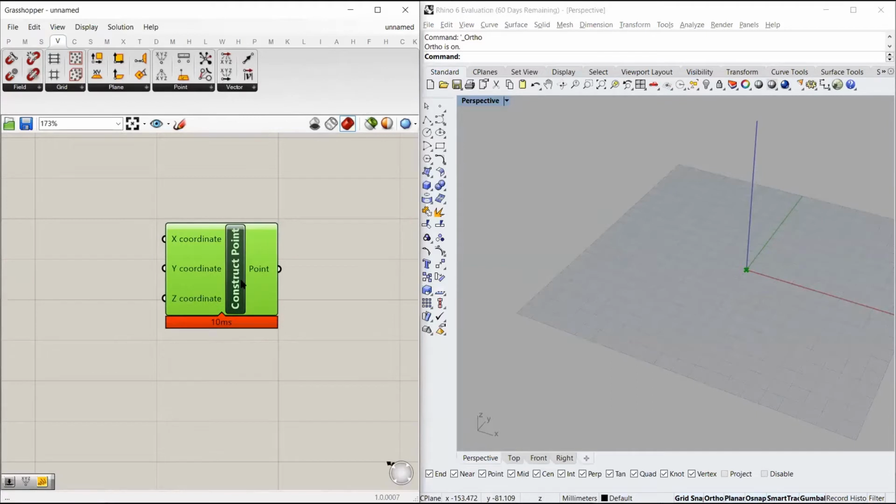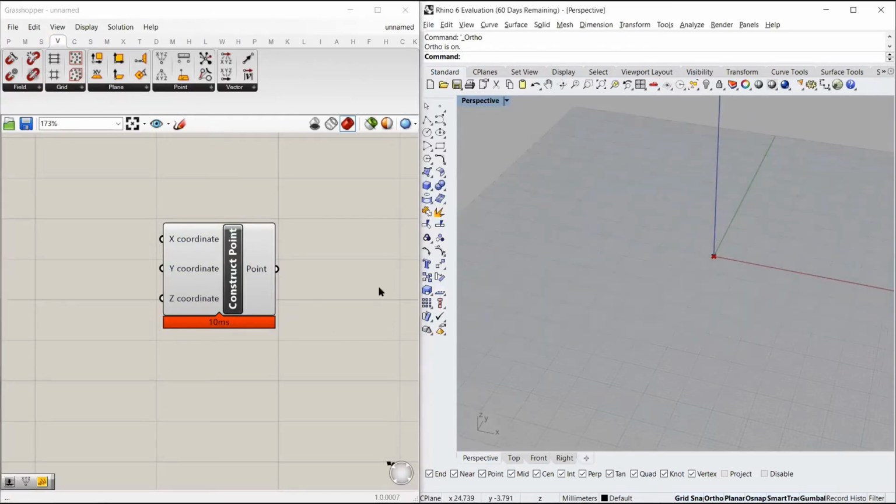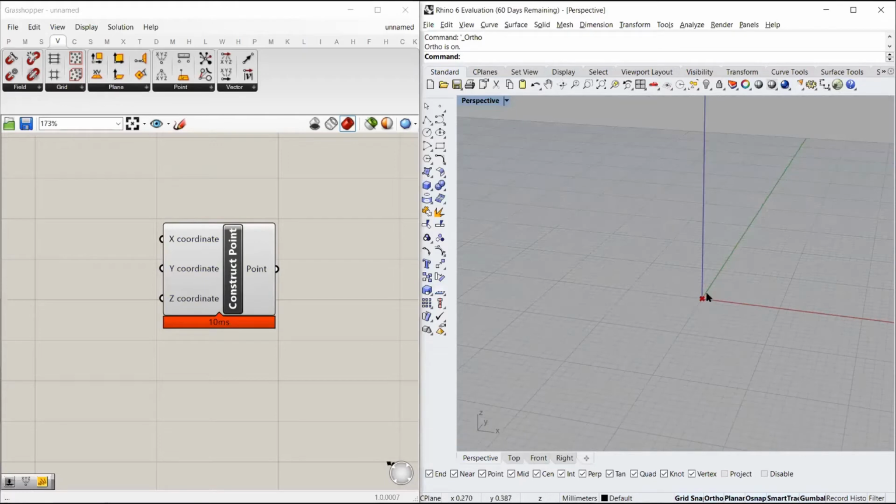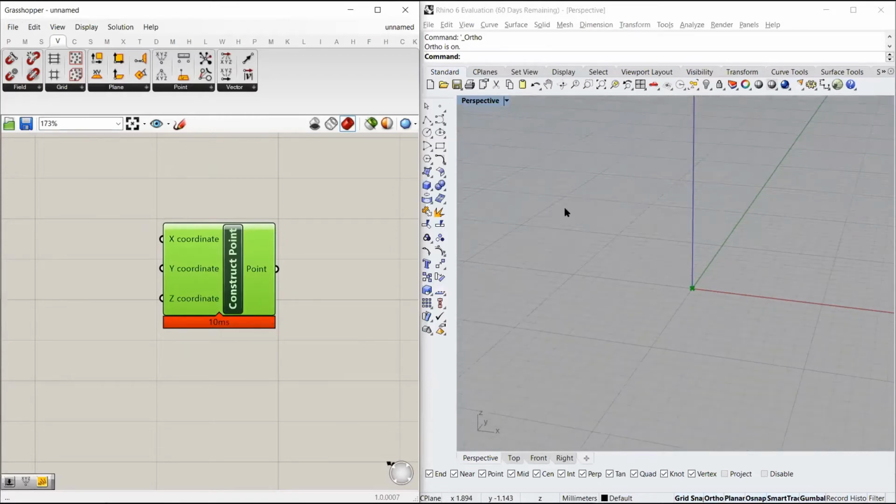By default, the input for the x, y, and z coordinate for this component has been set to world 0, 0, 0. You can see whenever I choose this component, it gives an output in my Rhino interface screen. That is this one. If I select this, it becomes green in my Grasshopper interface, and its related output becomes green in my Rhino interface as well.